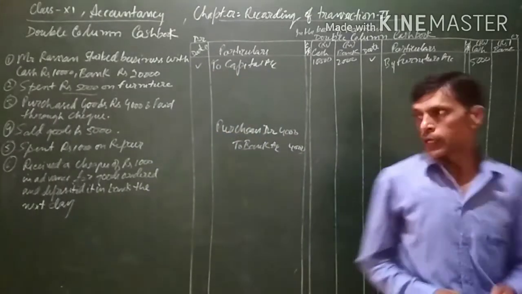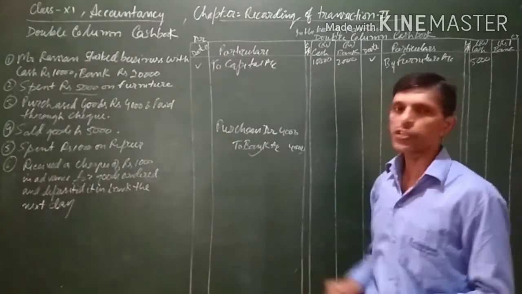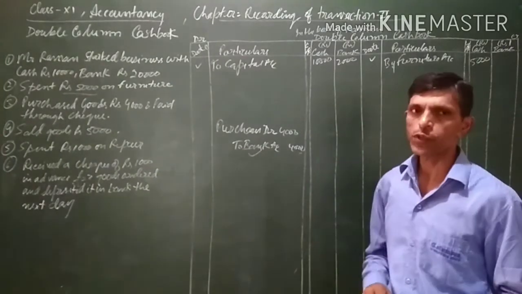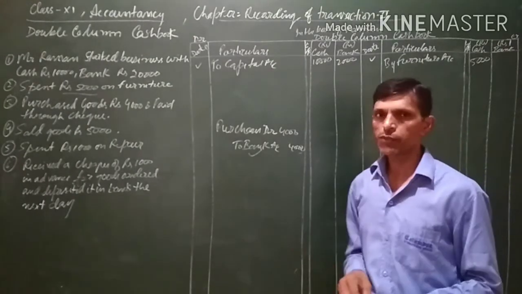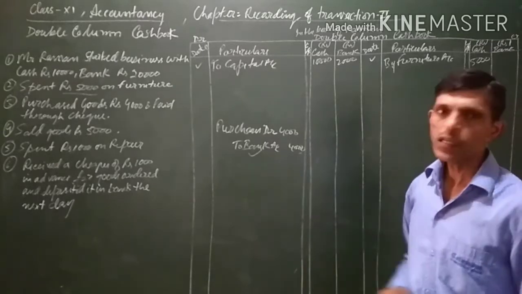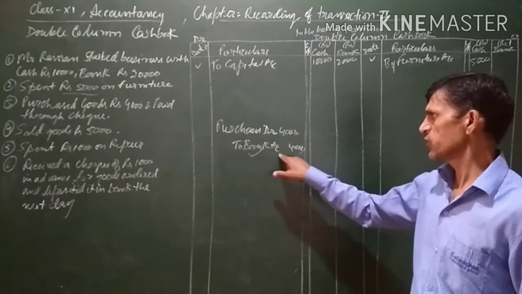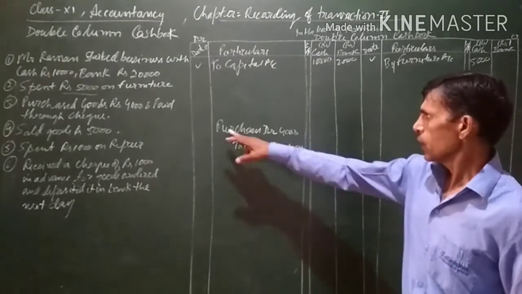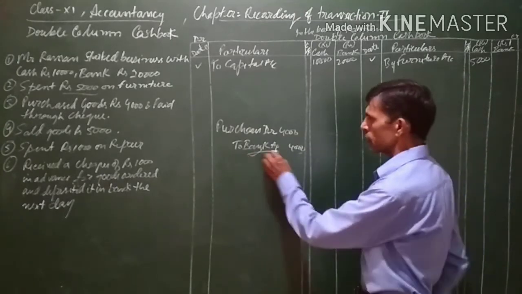Now why? If you are paying through check, obviously your bank account will decrease, because the amount will get deducted from the bank. The person to whom you give the check will cash the check from the bank, and your bank account will be decreasing. So here bank account is an asset, and as the asset is decreasing, it is to be credited. The entry will be purchases account debit to bank account. Here bank account is being credited.